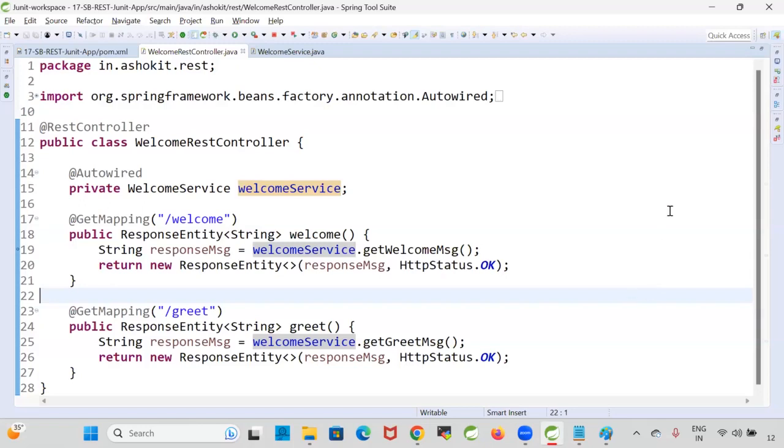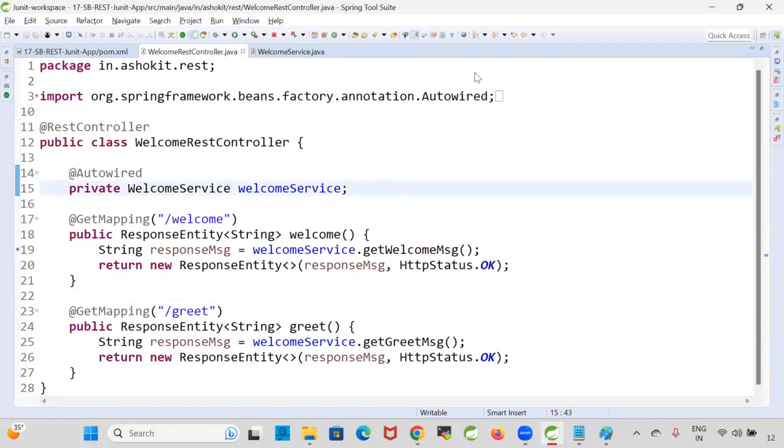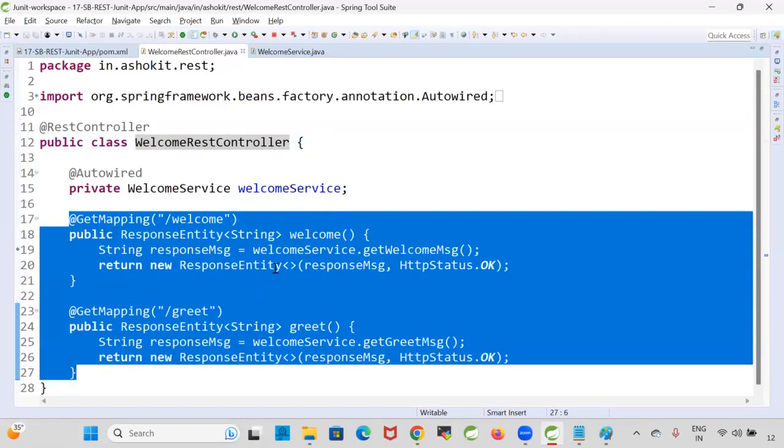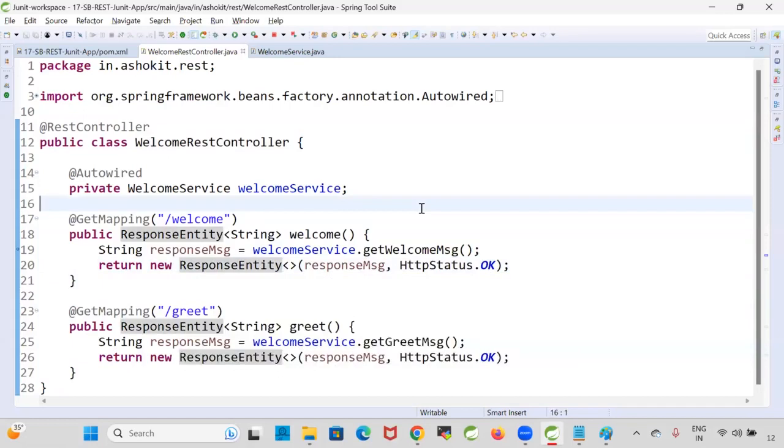Required. Why is a mock object required? Because it is dependent on the service layer. Our REST controller is talking to the service layer. So instead of talking to the real service, we need to inject a dummy service and perform unit testing. Okay, guys, when we perform unit testing by using mock objects,